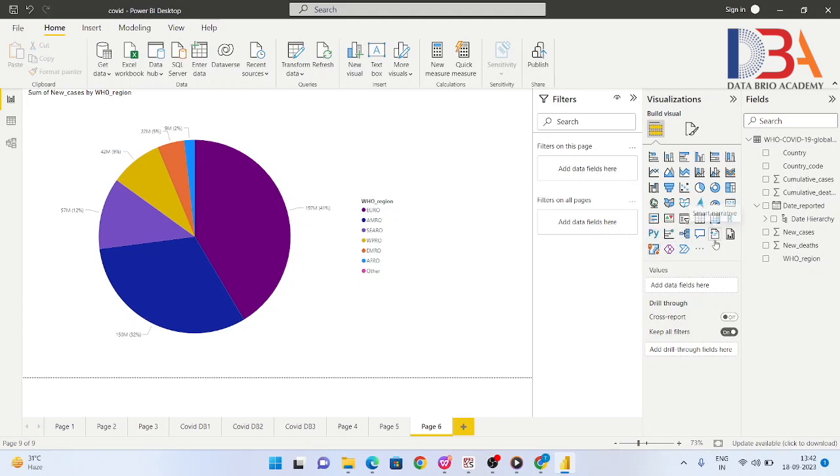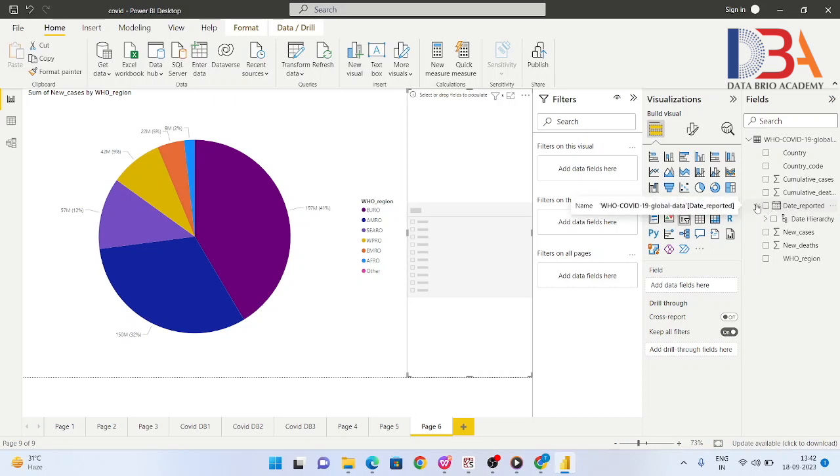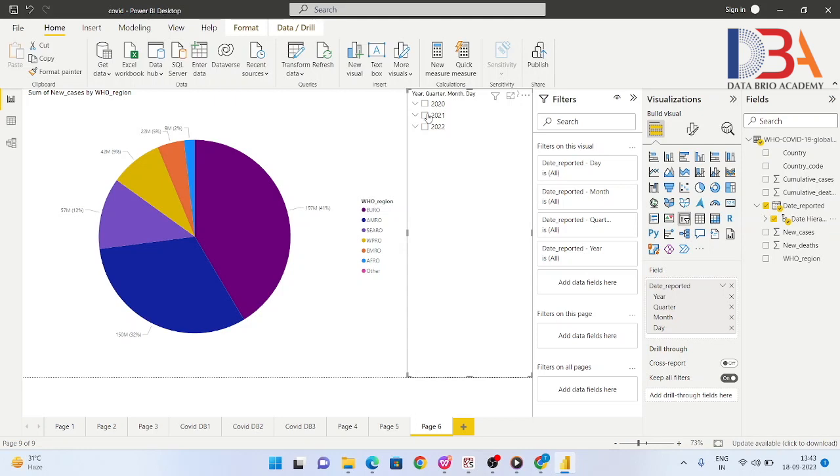We can also add one slicer, and we can take date hierarchy over fields, and if we click on 2021, then the chart is filtered with 2021 data.